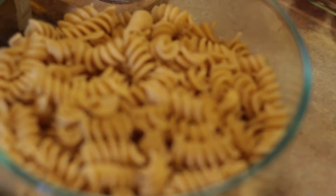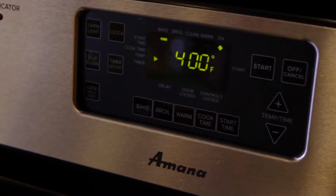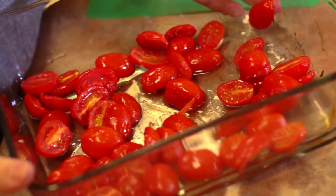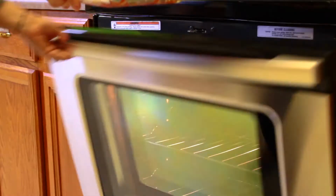Cooking with herbs can be an excellent way to enhance the flavor of your dishes at home. And a roasted herb pasta is a great way to bring in some of those local herbs and utilize those for your family. Choose a 100% whole wheat pasta in this dish and go ahead and prepare that pasta just as it recommends on the package. Preheat your oven to 400 degrees, and the next step will be to utilize your cherry tomatoes. By cutting those cherry tomatoes in half and creating a uniform flavor, we're going to add extra virgin olive oil. Let those roast for about 10 to 15 minutes